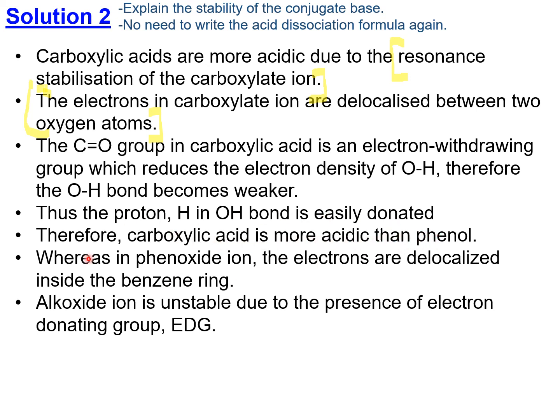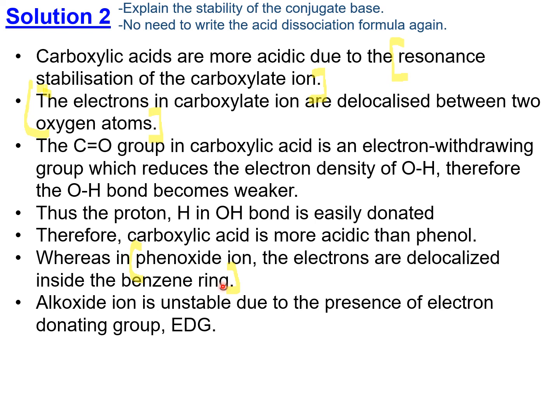Okay, manakala untuk phenol dia akan menghasilkan phenoxide ion. Okay, so the electrons are delocalized inside the benzene ring. So untuk phenol pula you kena bagi tahulah dia menghasilkan conjugate base apa. Dia akan menghasilkan conjugate base phenoxide ion, and also you need to tell dia punya stability of dia punya conjugate base, which is we know that phenoxide ion ni dia ada stability of conjugate base dia adalah bila electrons tu delocalize inside the benzene ring.